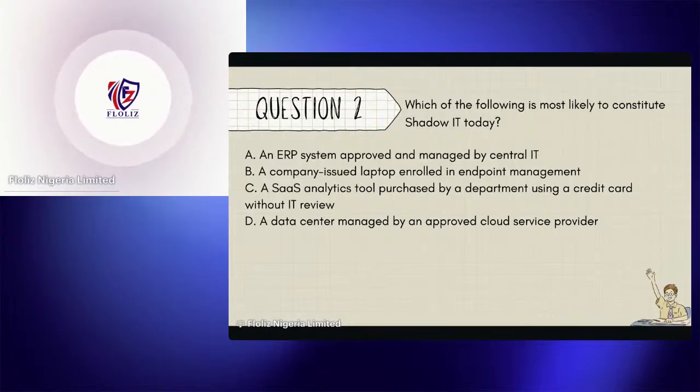So I'm seeing a lot of B. Is B still the answer? I'm seeing A, B. Are you going for A or B? Don't tell me you're a political CISO. So let's see what the answer is.